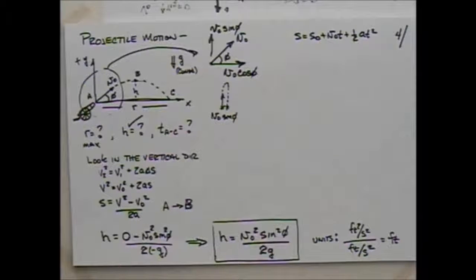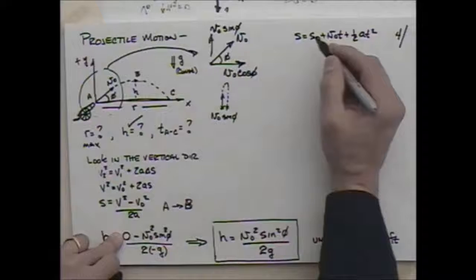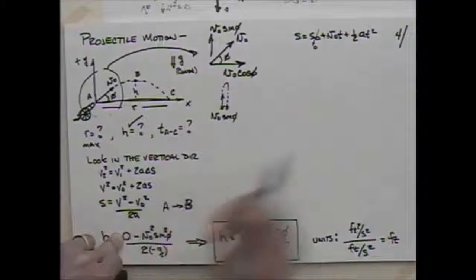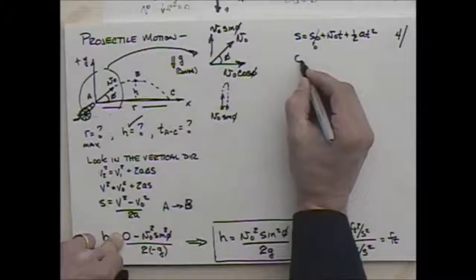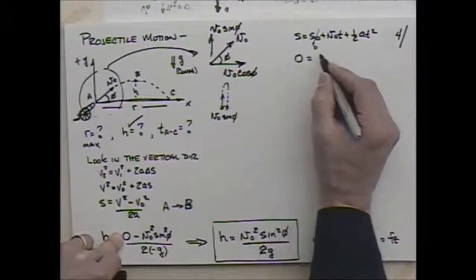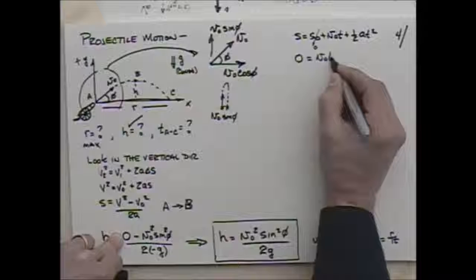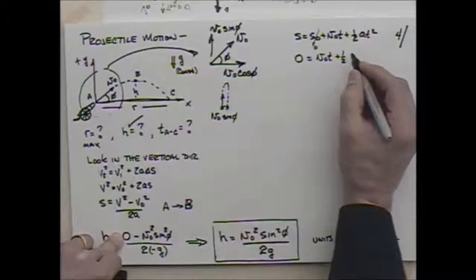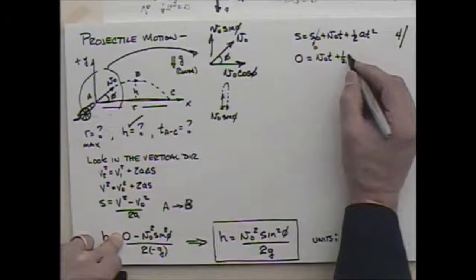That's an equation we saw last time, wasn't it? Yeah. I'm going to say that s naught is equal to 0. I'm going to say that I started at 0 point. So I'm going to rearrange this a little bit, and I'm going to say that 0 is equal to v naught t plus 1/2 at squared